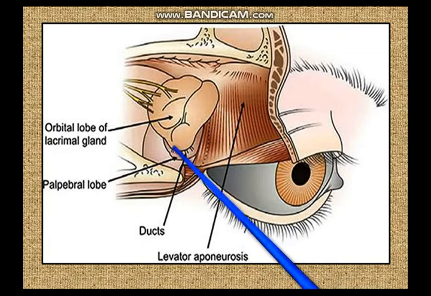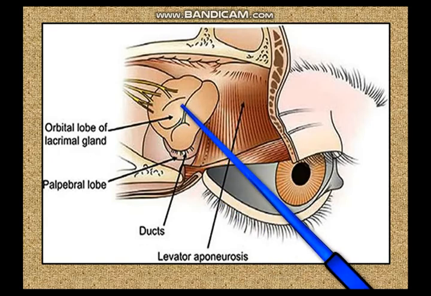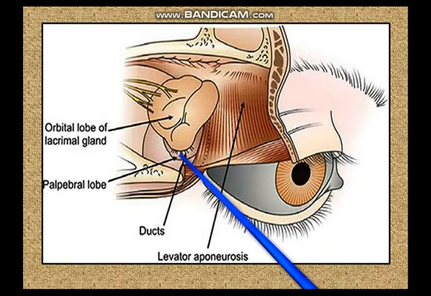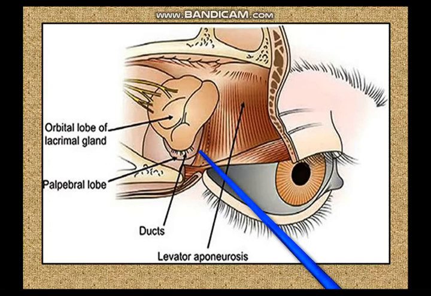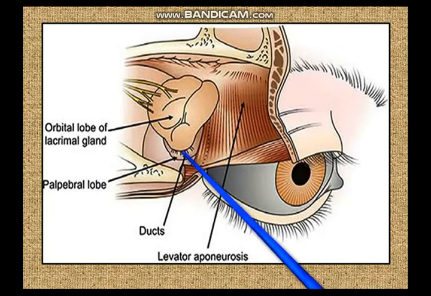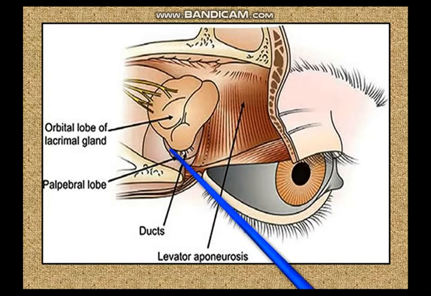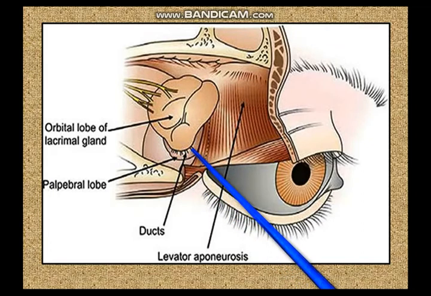The problem is that the multiple ducts, about 12 or 15 of the lacrimal gland, are going from the deeper orbital lobe to the superficial palpebral lobe, and then they are opening into the upper conjunctival fornix on the lateral side. Because all of these ducts pass through the palpebral lobe, if you remove the superficial part of the lacrimal gland, you will be disturbing the whole gland, because you will be cutting through